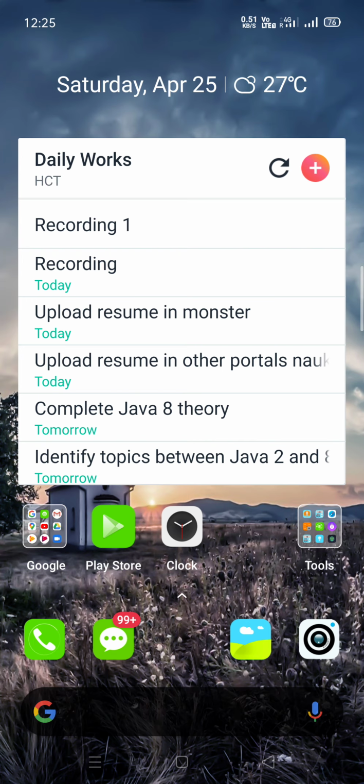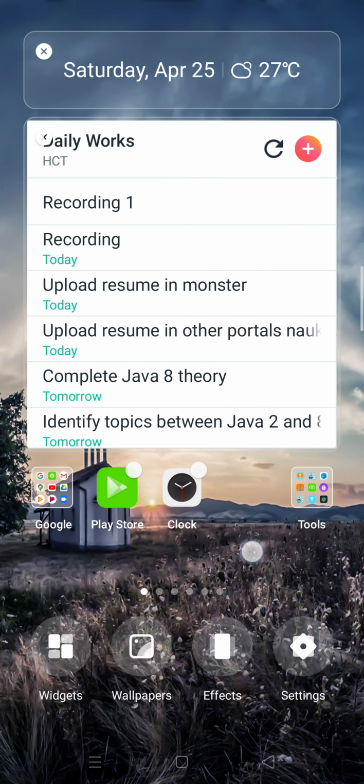To add the widget, on the home screen you have to long press on any place, so that you will get the widget screen. Let me remove this existing one, so that we will see how we can add the Asana widget. You can observe on the screen, recording 1 just got added, which we added recently.